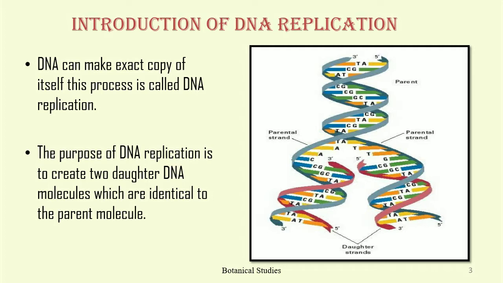The nucleus contains free nucleotides. At the time of the replication process, these free nucleotides pair with the nucleotides of the two separated strands by means of hydrogen bonds. Free adenine nucleotide pairs with thymine nucleotide of this strand and free guanine nucleotide pairs with the cytosine nucleotide of these strands. In this way, the new strand is formed around the old strand. As a result, two double helices are formed, each identical to the original parent helix. The purpose of DNA replication is to create two daughter DNA molecules which are identical to the parent molecule.